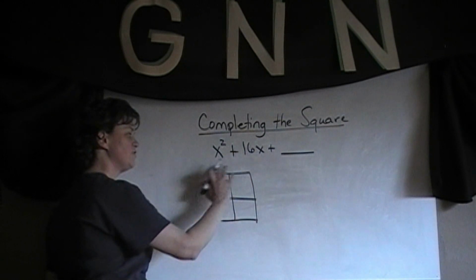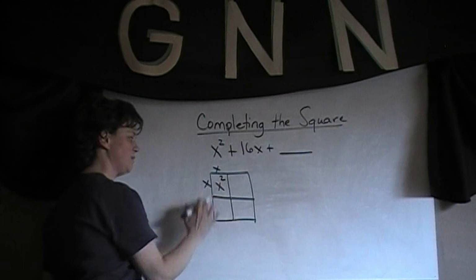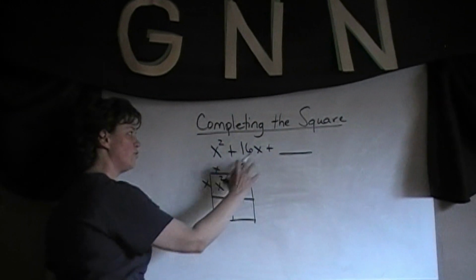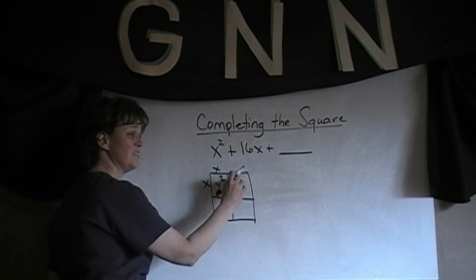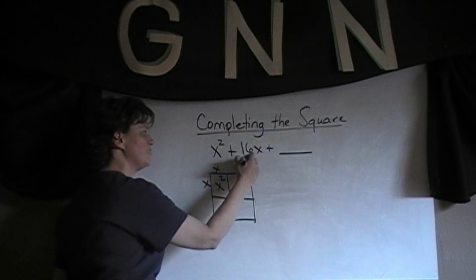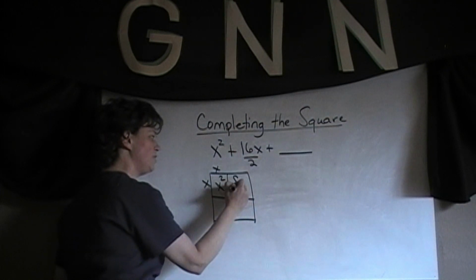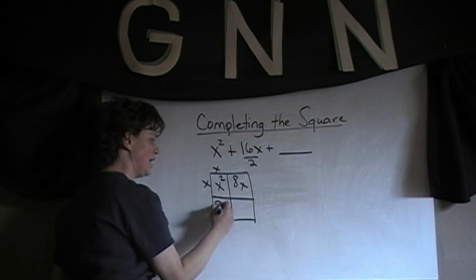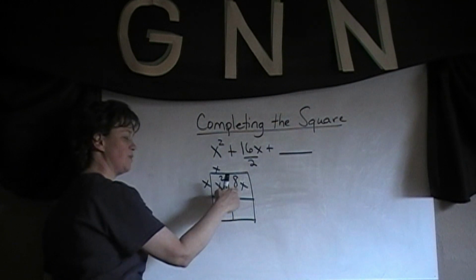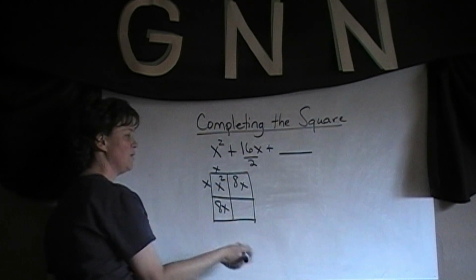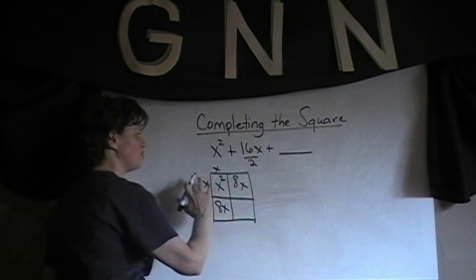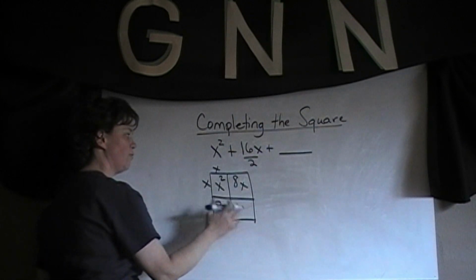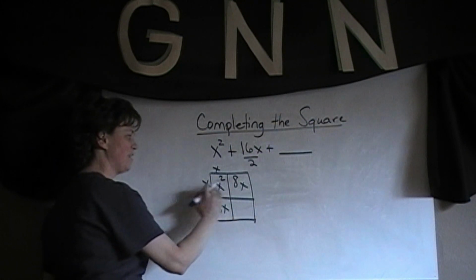Now 16, if it's a square, this length here has to be the same as this length. So in order to split 16 so that it's the same in both spots, we take the 16 and we divide it by 2. So that means we have 8x here and 8x here. So 8x plus 8x does give us the 16. Now what do I need to add so that this is a perfect square? Well, again, look at your Punnett square here. X times what